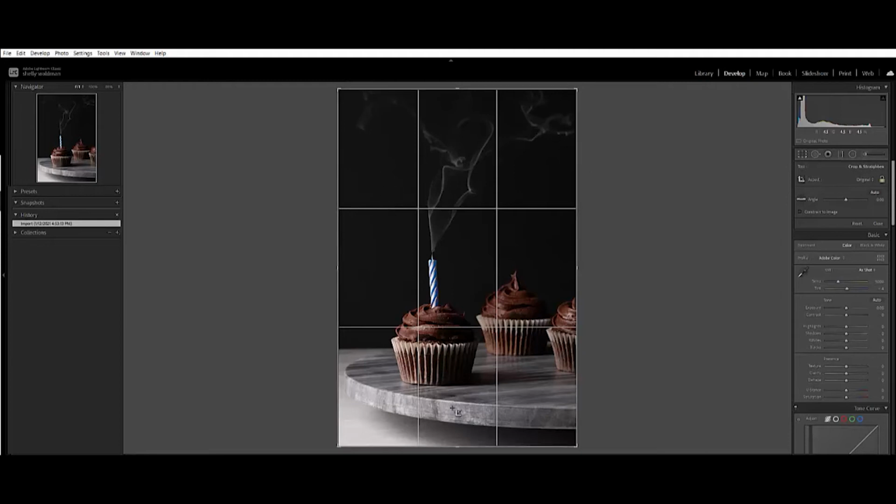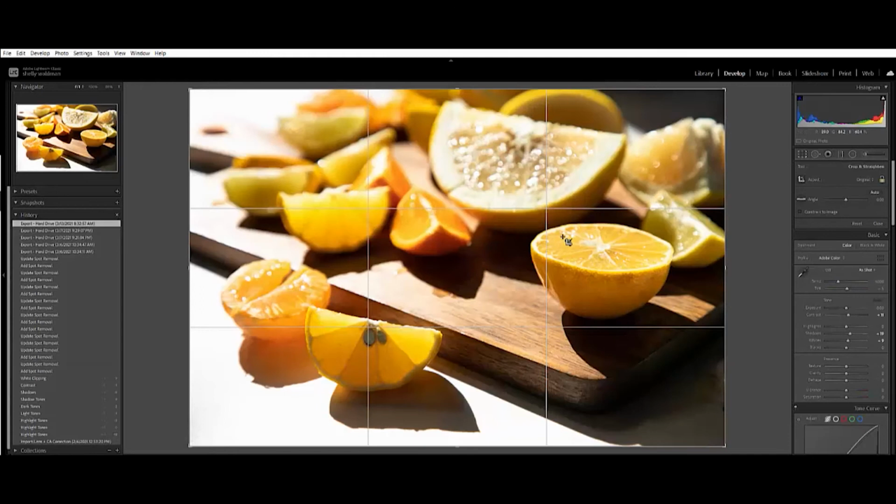If we move over to our fruit, we'll see that our lemon wedge here is right on that power point. So as our eye is drawn in from left to right, we come down and eventually we'll hit this power point, which we will then really take in this lemon shot. So that's an example where that power point, where the vertical and horizontal line meets, really plays well into our overall